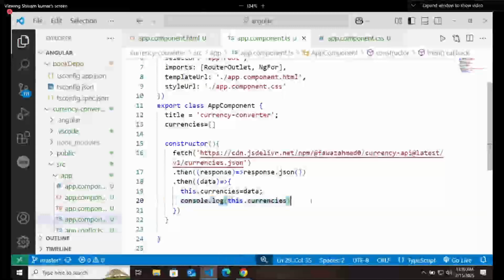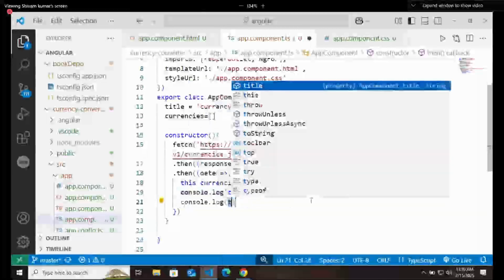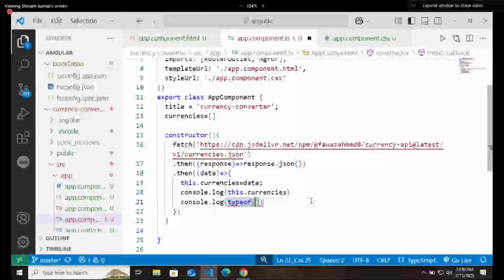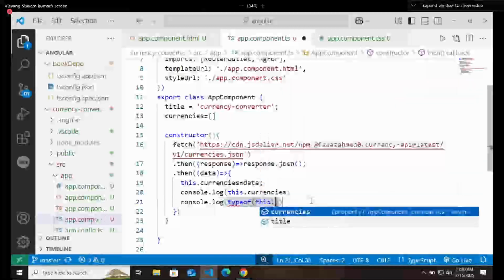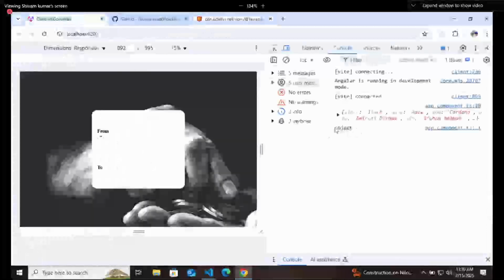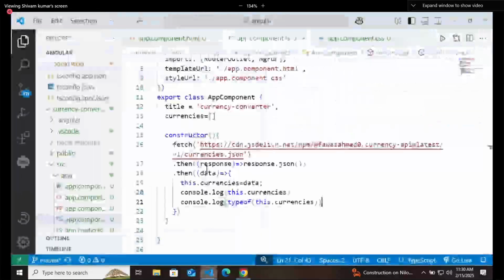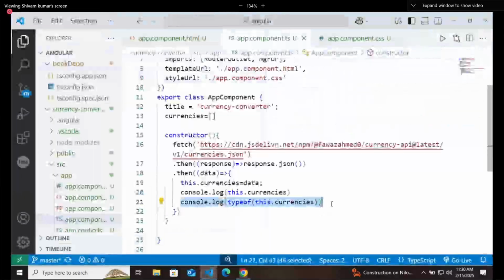I will just print one more thing. I will print type of this dot currencies. We will check the type of these currencies as well. Go there, and you will see that the type of currencies has become object. It should say that it's an array, right? Now we are going to fix this thing.